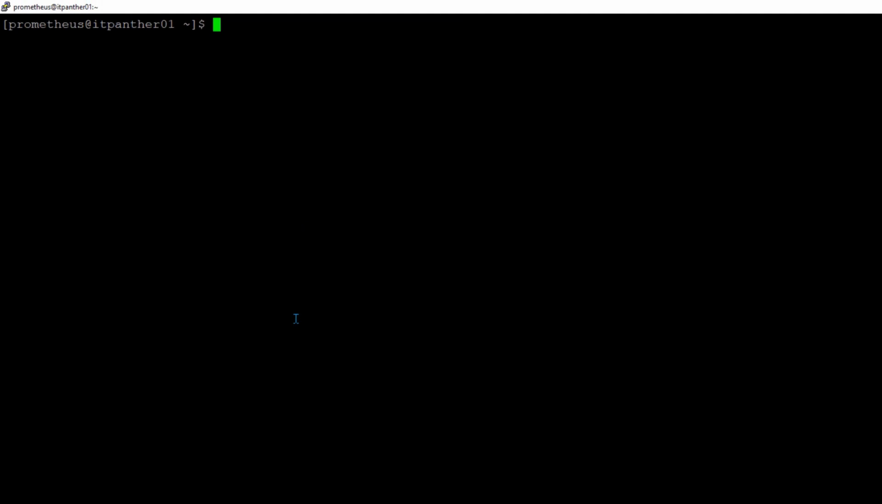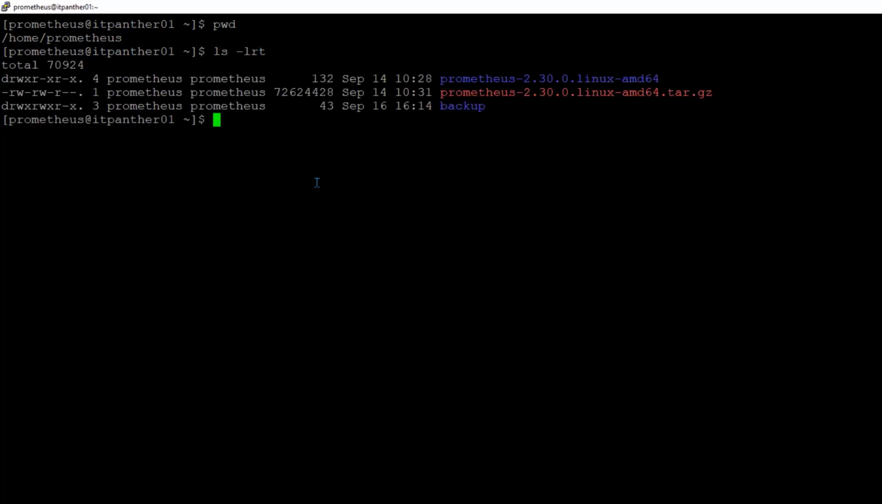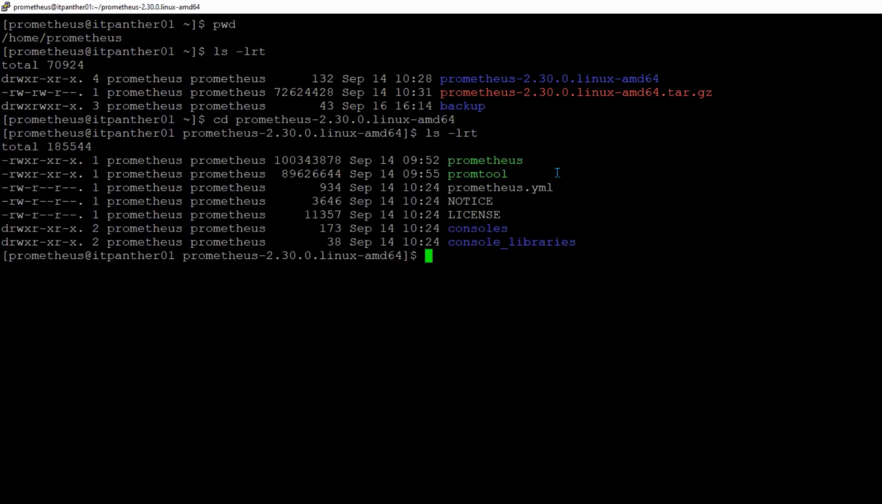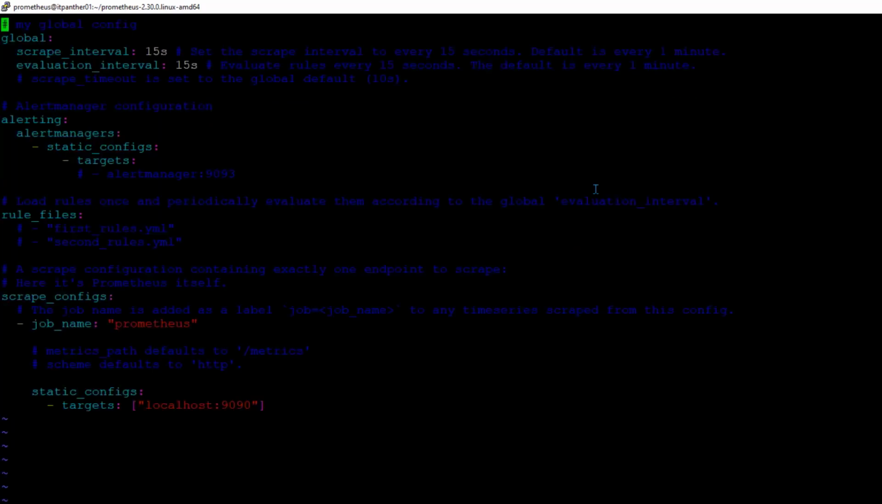So this is the server where we installed Prometheus. If I do pwd, you can see we are at /home/Prometheus. I'm going to do ls -lrt. We are at this place. So I'm going to move to Prometheus, and do ls -lrt again. We are going to modify prometheus.yml. So I'm going to open prometheus.yml, and here you can see we have this section which is called static_configs,